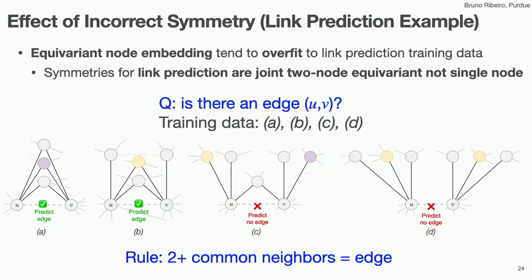OK, so let's then go with another case. Suppose I have this task. And the task is that here we have edges, and here we don't have edges. And we are trying to run a GNN to predict this, this node equivariant GNN. So here's a challenge, right? The rule is that if you have more than 2 common neighbors, you have an edge. If you don't, then you don't. But if you look at what a GNN would give as an embedding for this node and this node, because it has to look at the structural properties of the neighbors, and the structural properties of the neighbors look very similar from here and here.